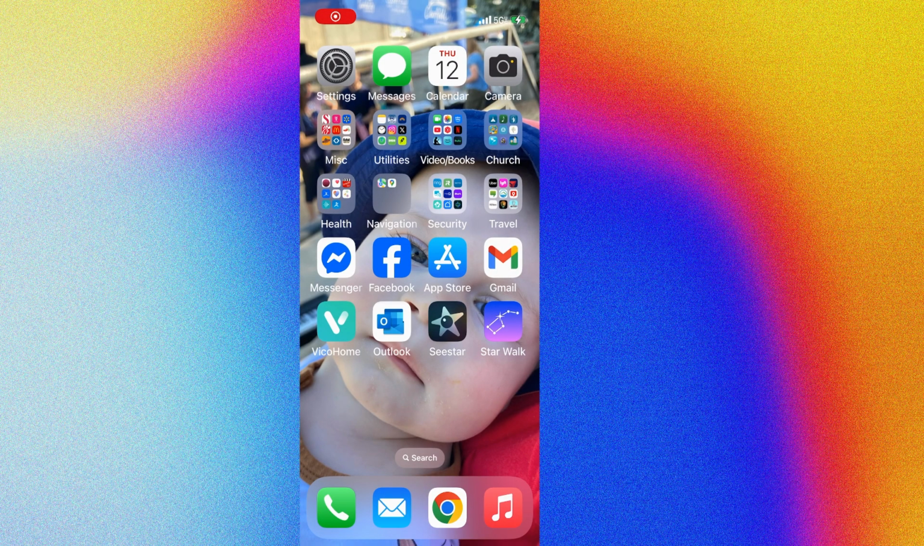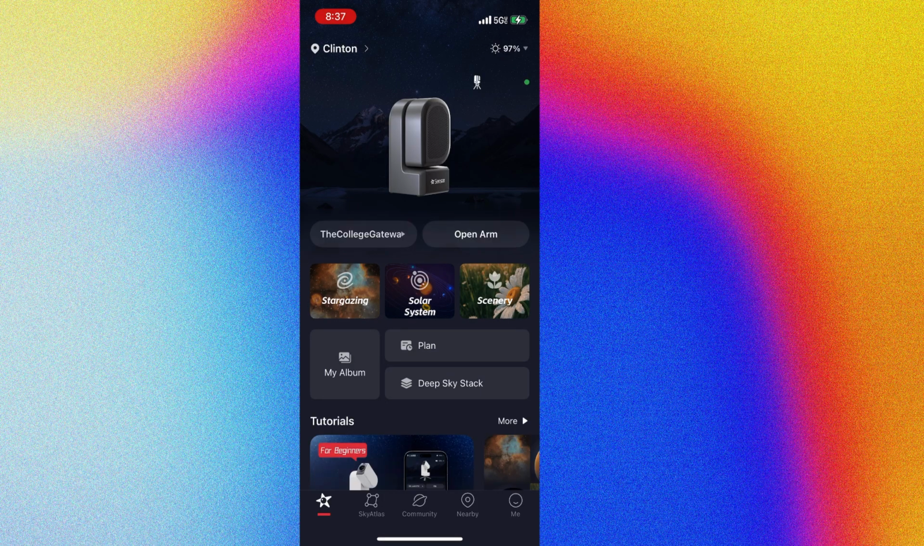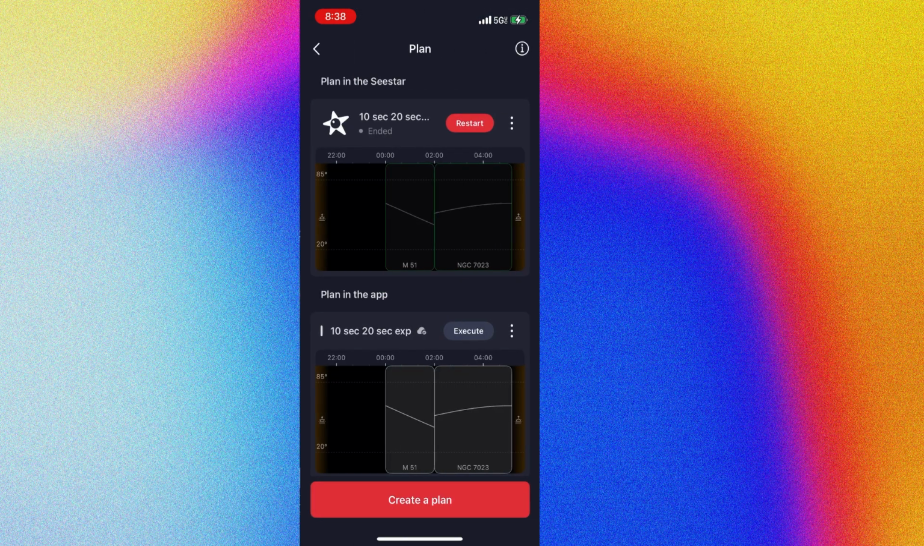All right, it's the next morning, so we're going to see how it went. We're going to open the Seestar app, and it will need to connect again because my phone in the night is not close enough to stay connected. So it just automatically reconnects. What we need to do is check and see how the plan went. So we click on the plan,